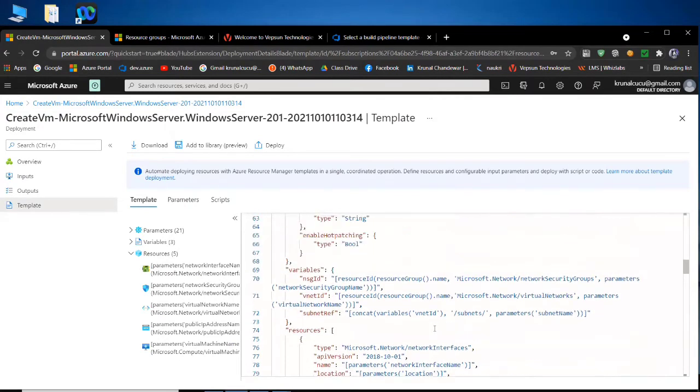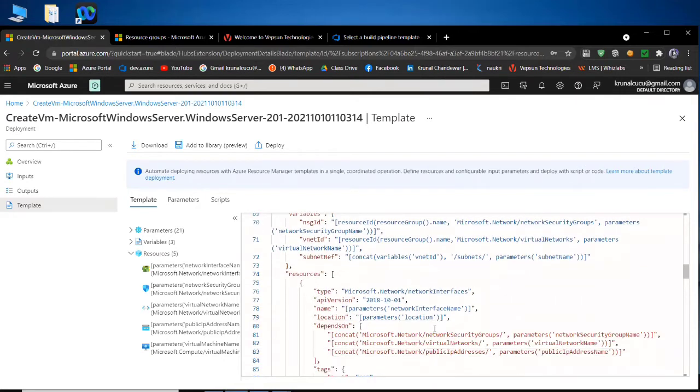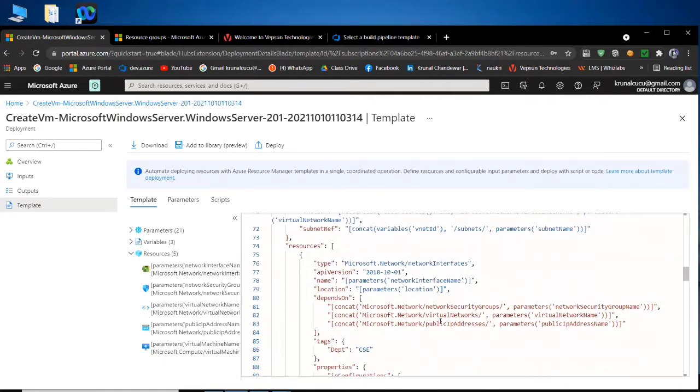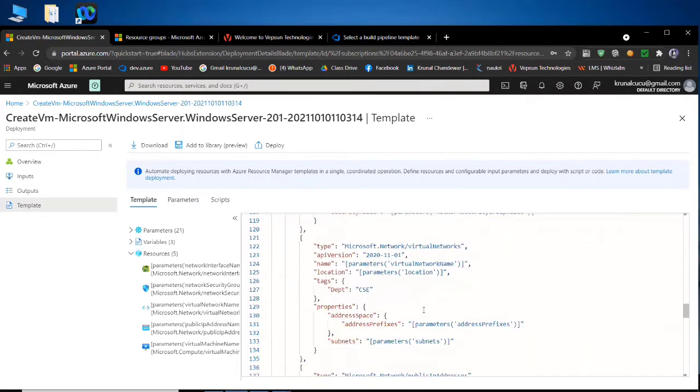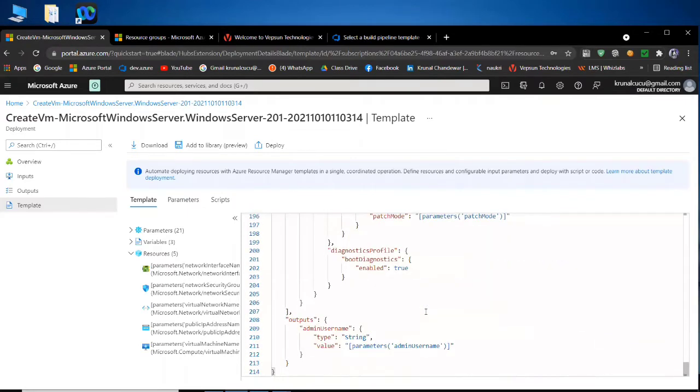Whatever resource ID I selected, whatever resource group name I selected, everything you will get here. And whatever region I selected, the size, the operating system I selected, they made everything automatically. This is one of the best features of Microsoft Azure, that they made all this coding. I selected from the graphical user interface, and they made this ARM template. This much big coding is here for making a